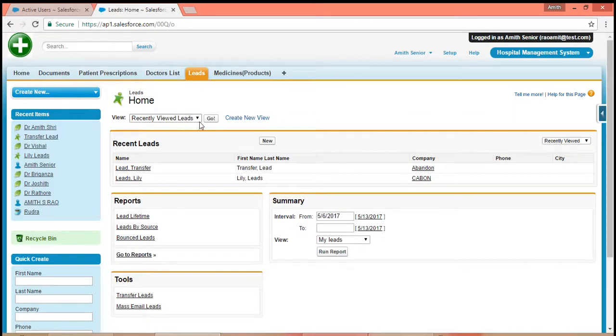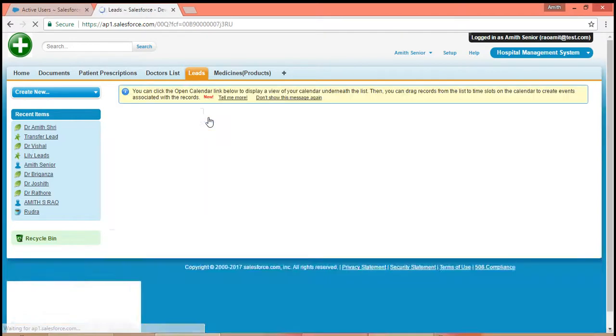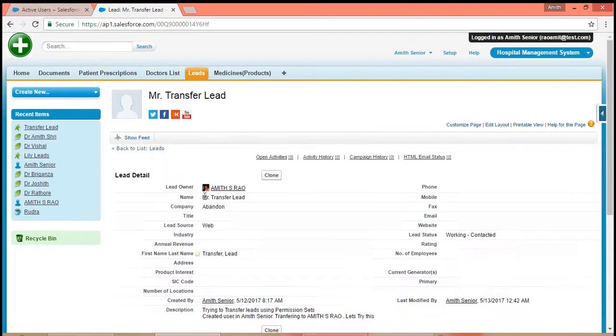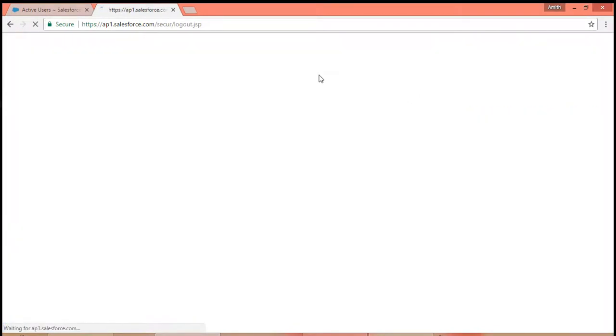we have made the changes for the leads. Now if I go to the lead transfer, you're not able to change the record because we have not given the transfer privileges. Now let us log out,